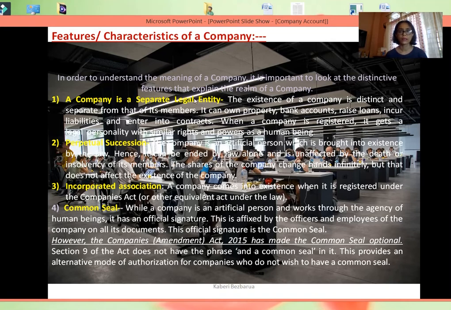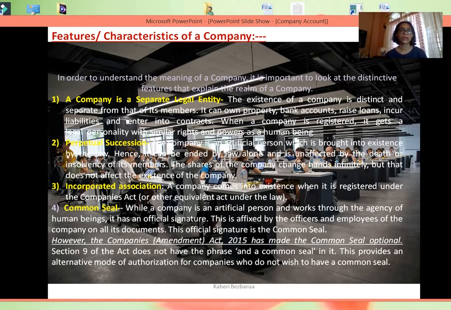You have to understand that in India, a company comes into existence only after it is registered with the registrar of companies or any other legal authority. Once it is registered, it becomes a separate entity which is separate from the owners. It can raise its own loan, it can open its company bank account or incur liabilities. That is, it gets all the rights and powers similar to a human being. That is, it is also said to be an artificial person.